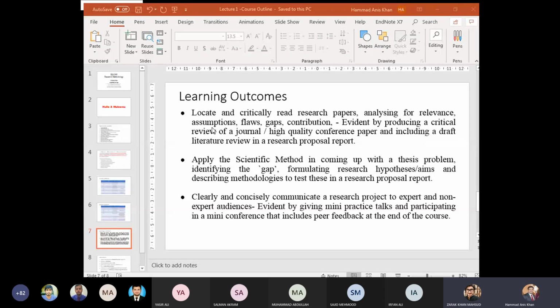Okay, so the second question from Zarak is that in his BSc he didn't give much attention to writing the thesis, and he wanted to know whether in the masters it is that much essential. So the answer to your question, Zarak, is that even in BSc it is very important. But if you haven't done it, it's fine. But in masters, it is a must.